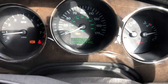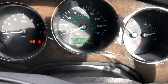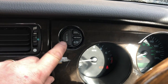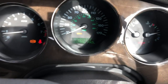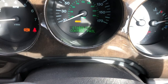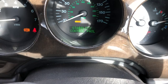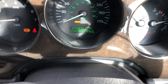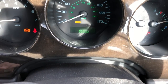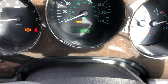If you want to stop that message, it's an amber warning, which means you can drive the car, just be aware. Then just go over to your little control center thing. There's a button that says clear, and currently it's alternating between traction control fail and stability control fail. If I press it once, that's the traction control fail message gone. Press it again, stability control message gone, and it's brought up another value, which is my mileage,